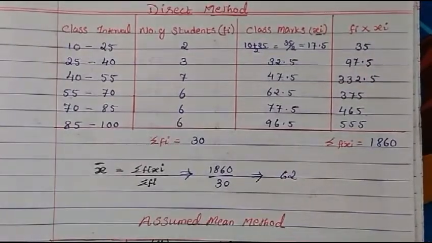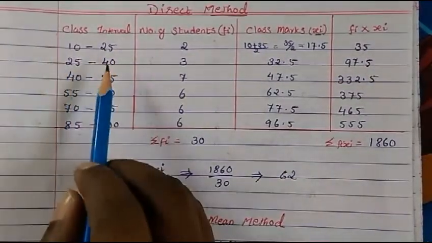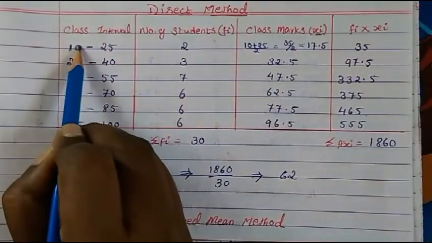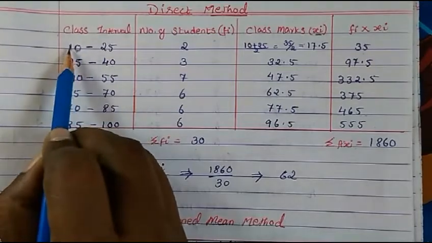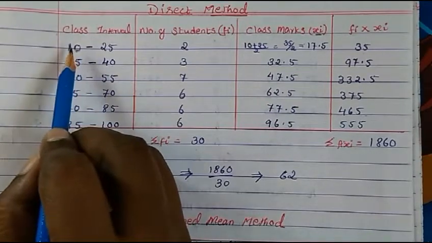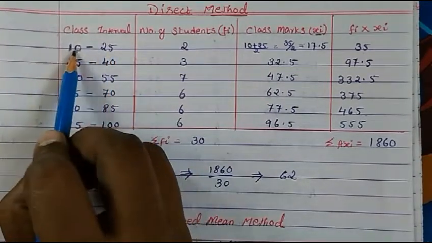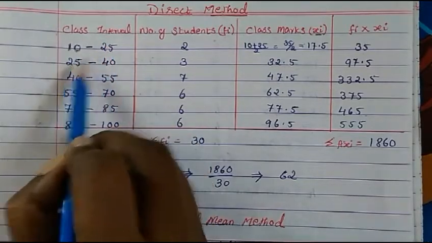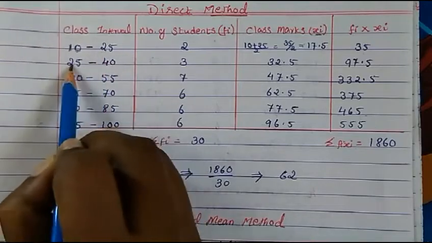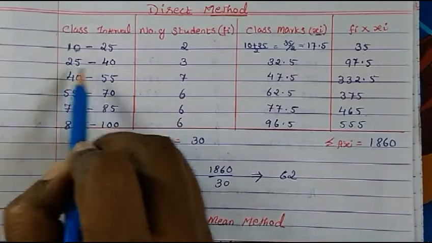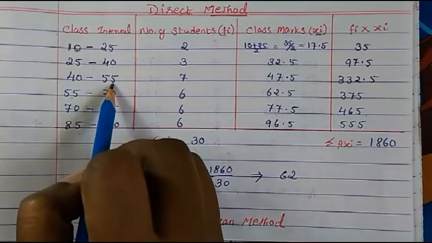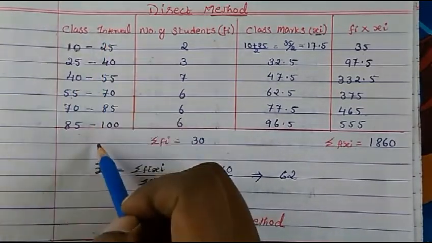See here, I have written down class interval. I have taken 15. So the lowest mark was 10, right? Lowest marks were 10. So with the 10 I added 15, then it becomes 25. So I have written 10 to 25. Then in 25 you add 15. 25 I have written down as it is. In that you add 15, it will become 40. Then write down 40, add 15, it becomes 55. So I have taken the class interval 15.